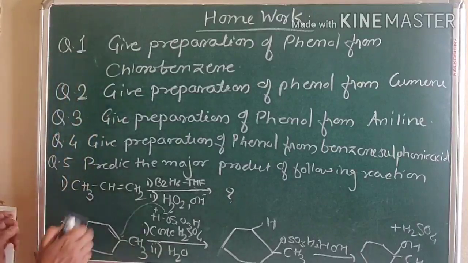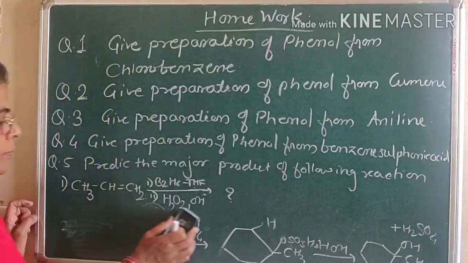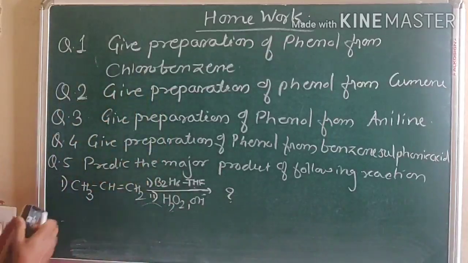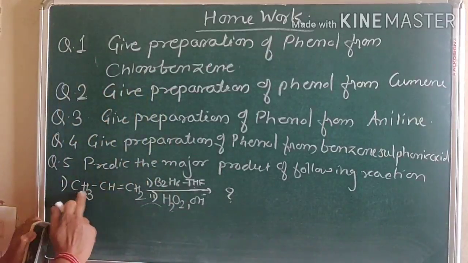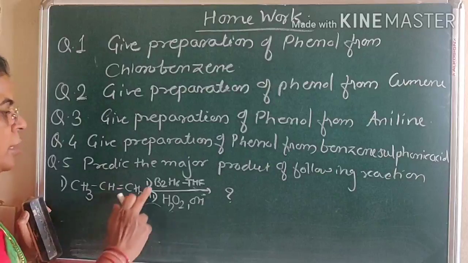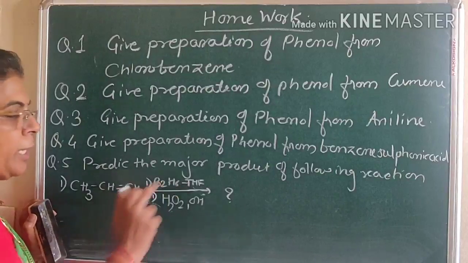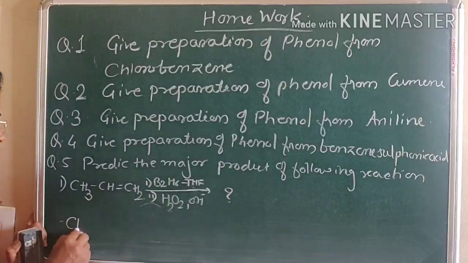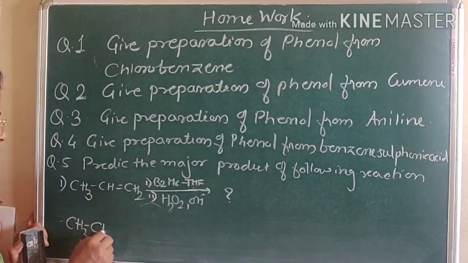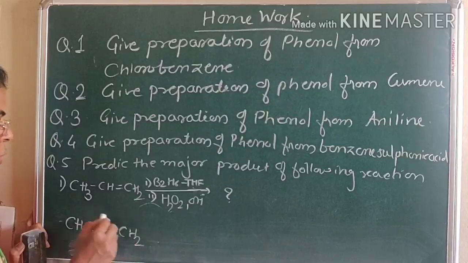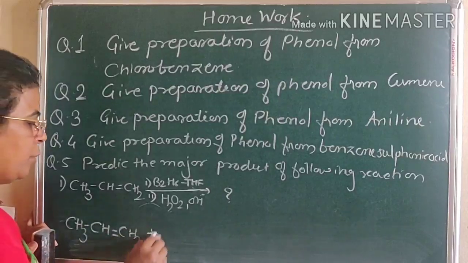Now we are going to see this first one. This compound is propene, CH3, CH double bond CH2. When this compound is treated with B2H6 THF, that is diborane in tetrahydrofuran, then formation of trialkyl borane takes place, that is